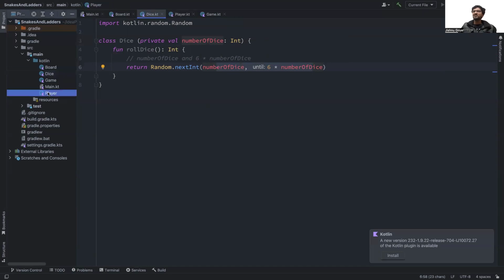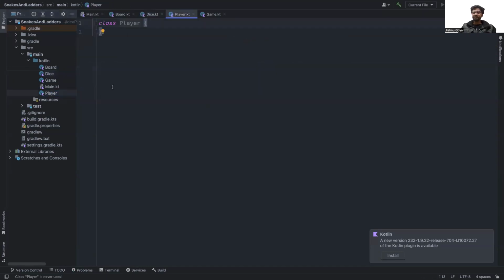Okay, cool. Let's talk about the player now. Your player again should have a private property. So in Kotlin, we can write data members right into that bracket. You also do this in C++ and Java, where you create members internally, and these are the same things. Private val current position,